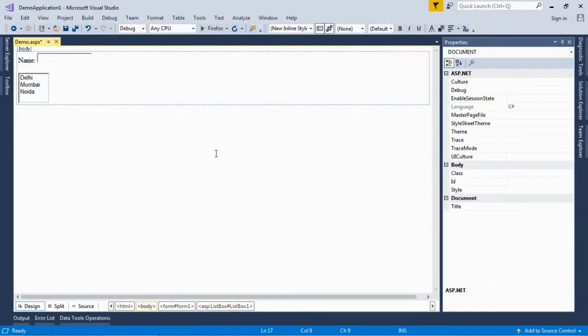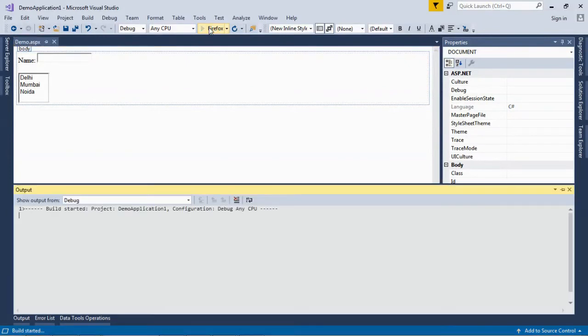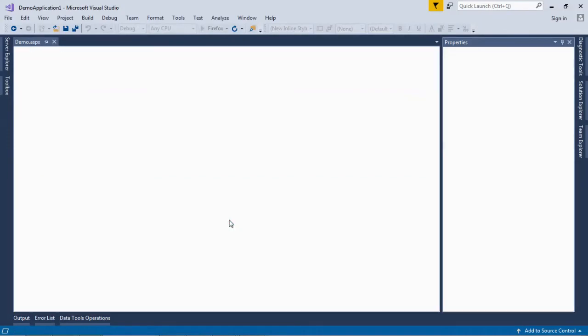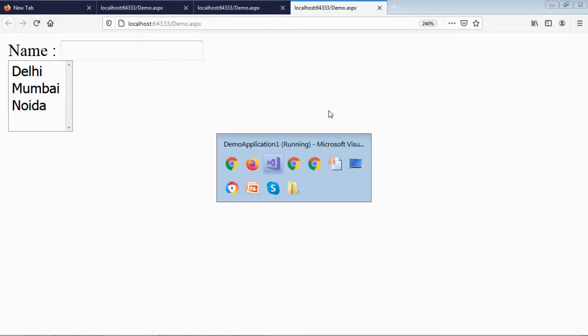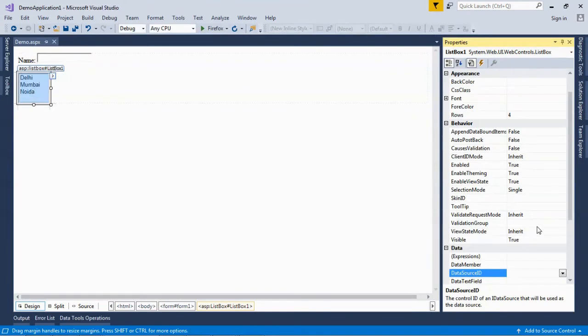I'm just going to run that page and display the output of this page, how it looks. Click on Run button, build the project, and the output of this page. We can change the view of this page as per our use. Stop the application, click on the list box, and I just need to do one thing,